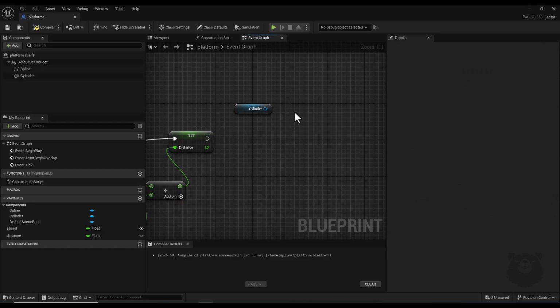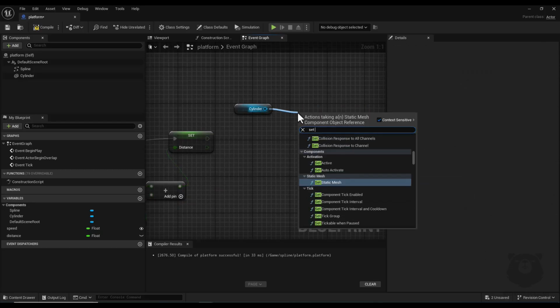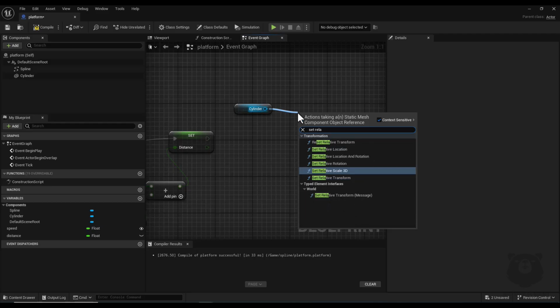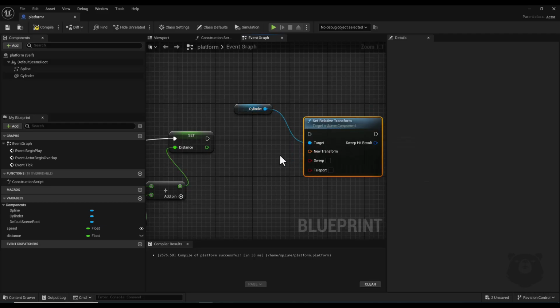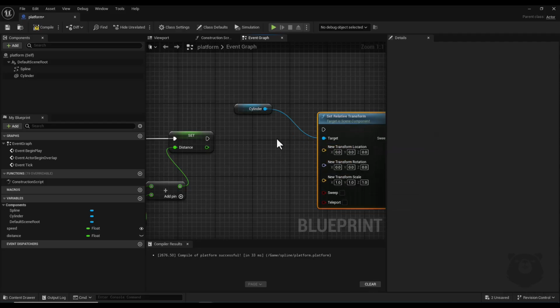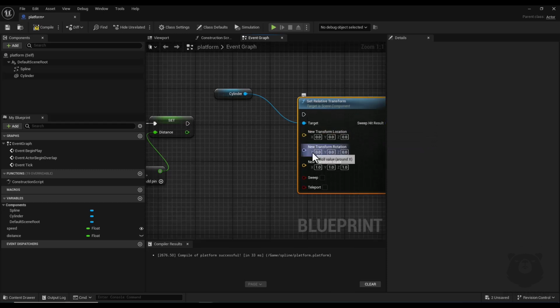Alright. Now I right click on this new transform input and I split it, and now I have location, rotation and scale separately. Alright, now for